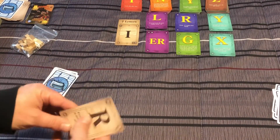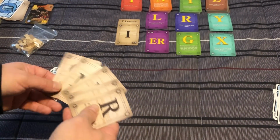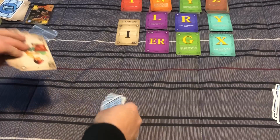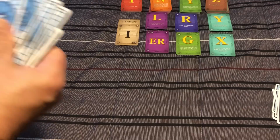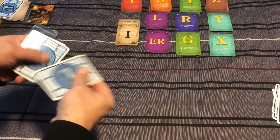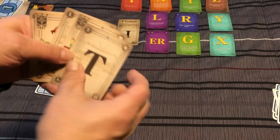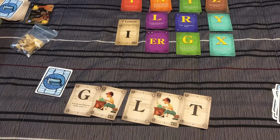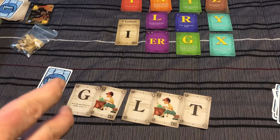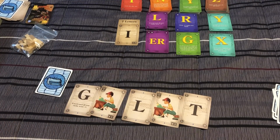So what you're going to do is you're going to draw 5 cards. This is terrible. Actually, I'm going to reshuffle this because I did not get a good shuffle at all. No wild cards. Although it would have been interesting. So you draw 5 cards to start. And you look at them and you come up with a word that hopefully uses all of them. You don't have to use all of them. You could do just a 4-letter word, but I'm going to do